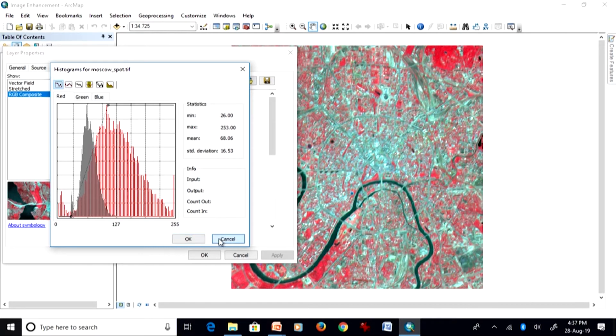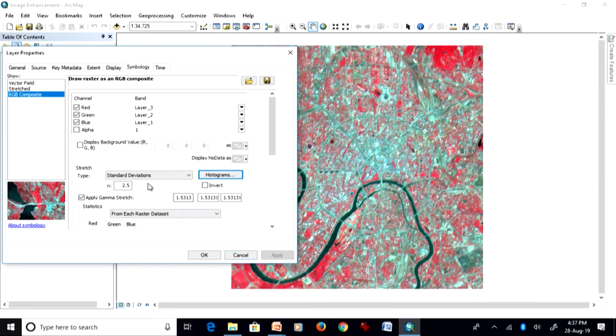But again I am saying that one thing one has to remember all the time, that one technique of contrast enhancement or image enhancement may not work exactly for another image, even an image of the same area but of a different season. So, it depends on image to image, and there is subjectivity, but what you are looking for ultimately in the stretched image is how it has turned out.